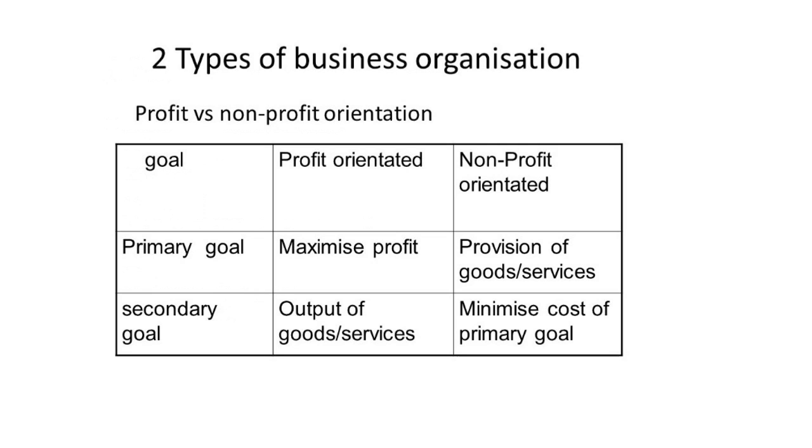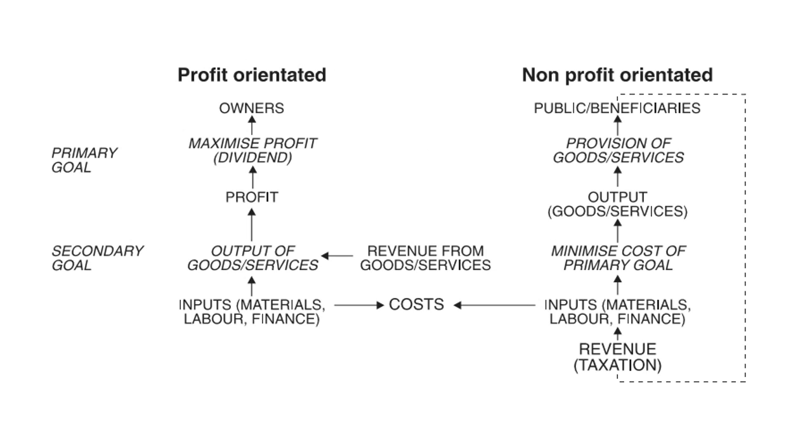There are two types of business organizations: 1. Profit-orientated. 2. Non-profit-orientated. An important difference in the list above is between profit-orientated, commercial, and not-for-profit-orientated, non-profit, organizations. The basic difference in outlook is expressed in the diagram below. Note the distinction between primary and secondary goals. A primary goal is the most important; the other goals support it.